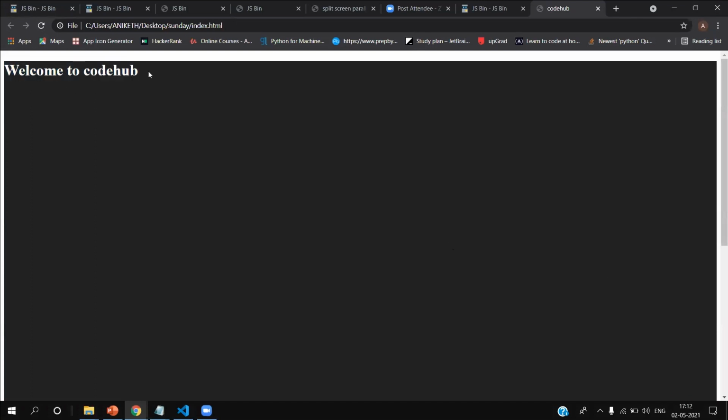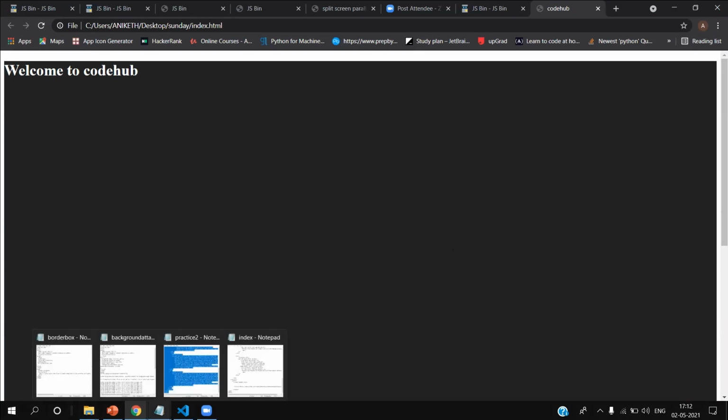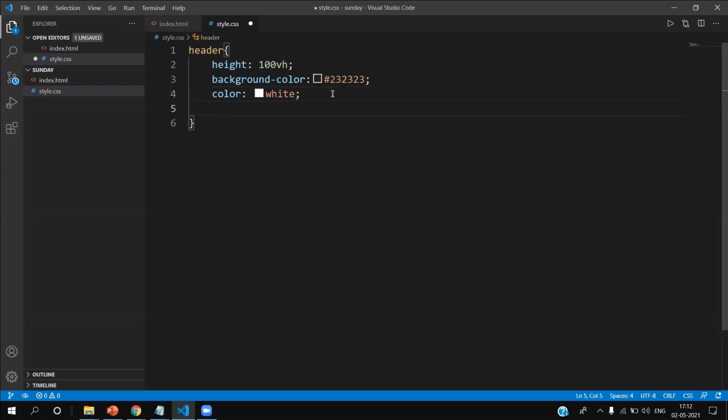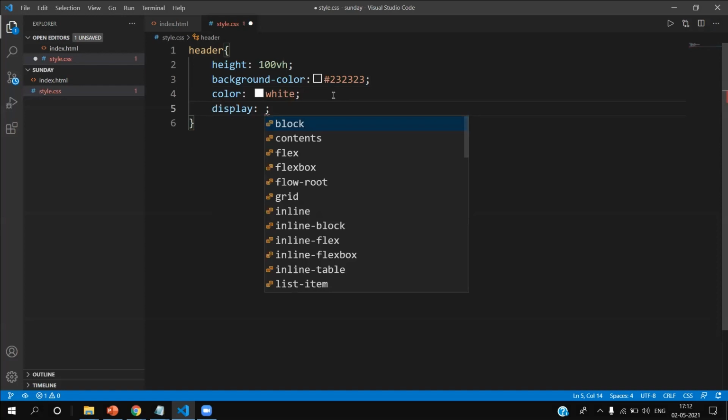I want this "Welcome to CodeUp" in the middle, right? So how will I bring it in the middle? For this we'll use something called display. I'll use display flex.